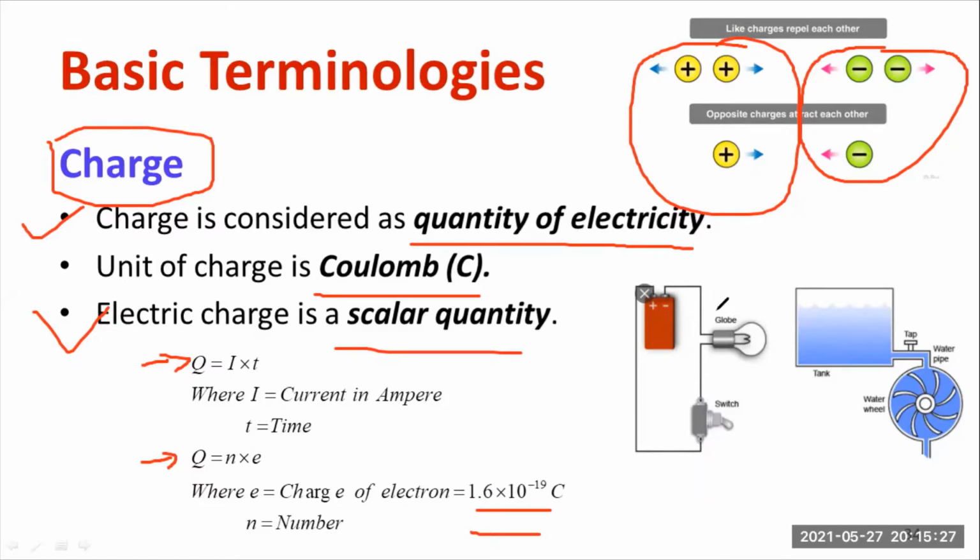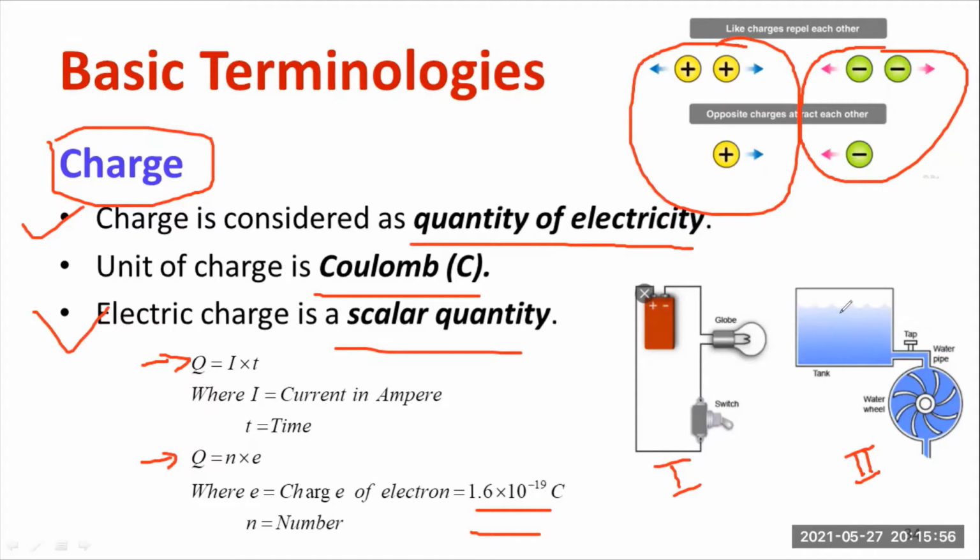I would like to suggest a better analogy. You can compare figure number 1 and figure number 2. Figure 1 is an electrical system, whereas figure 2 is a mechanical system. What is the source in figure 1? A battery. There are a lot of charges stored inside the battery. There is a switch, an SPST switch, single pole single throw. We have a lamp.